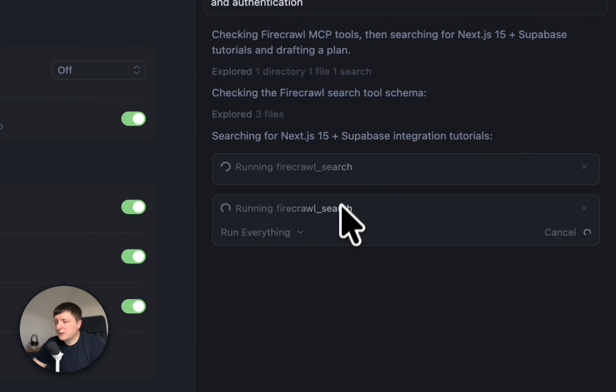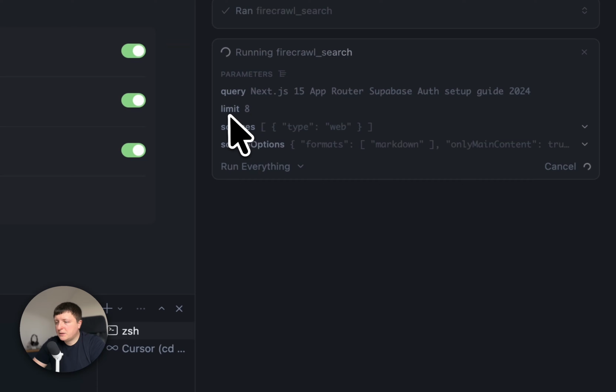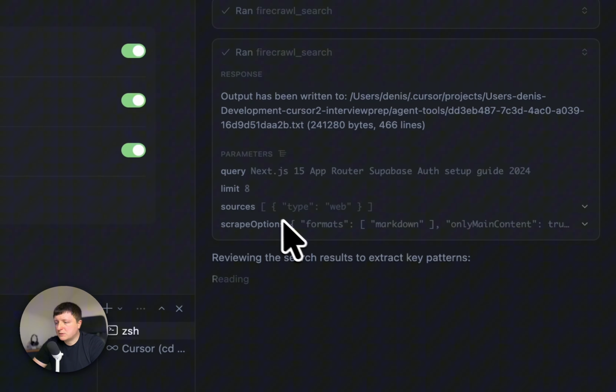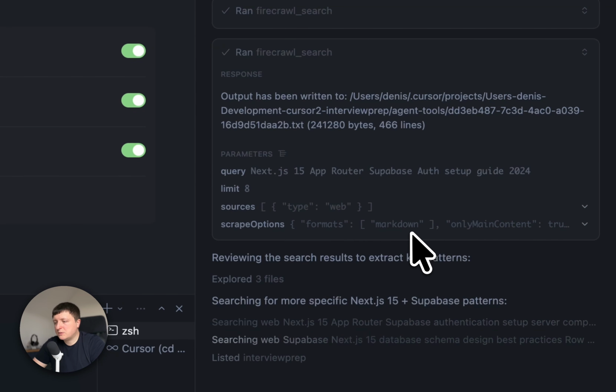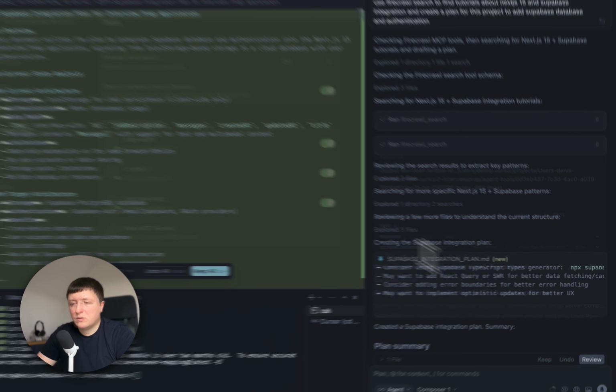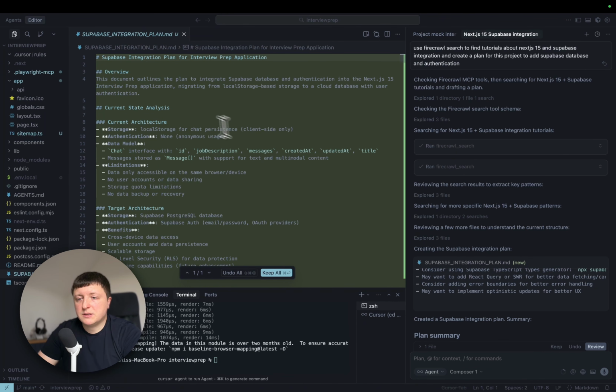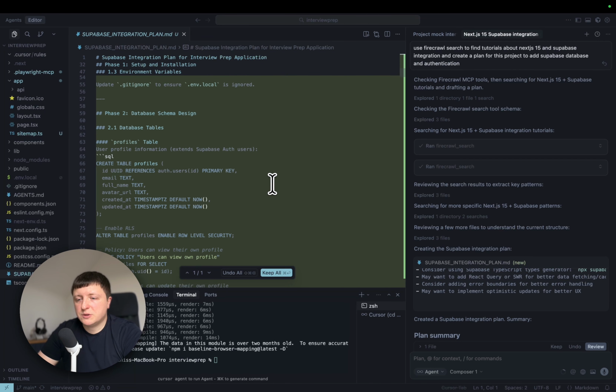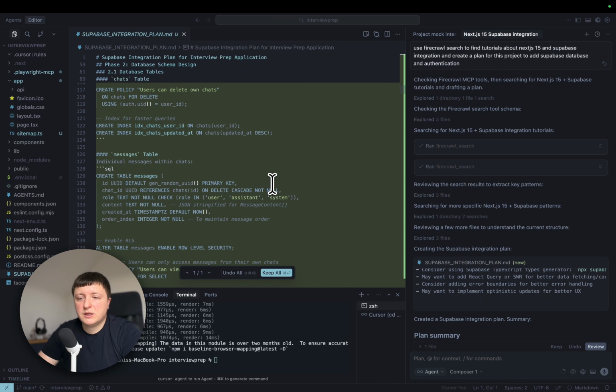You see that it is running Firecrawl search. You see the query, you see the limit, you see sources web, scrape options markdown. So it means that it will fetch all the pages as markdown and read them. Cool. And now you see that it created this plan in markdown format, which I now can use to implement